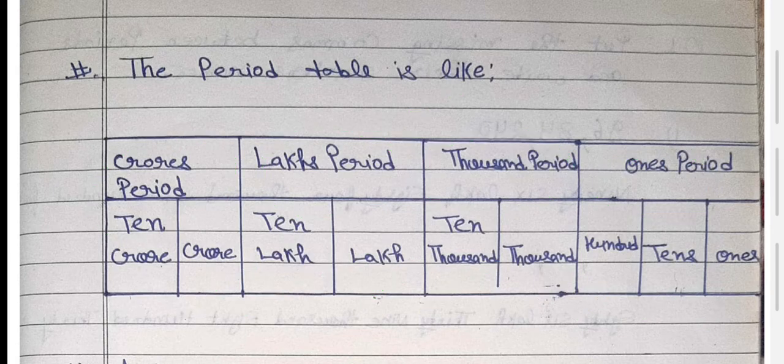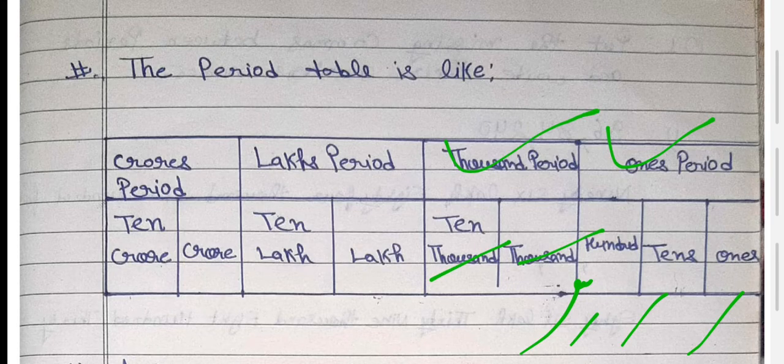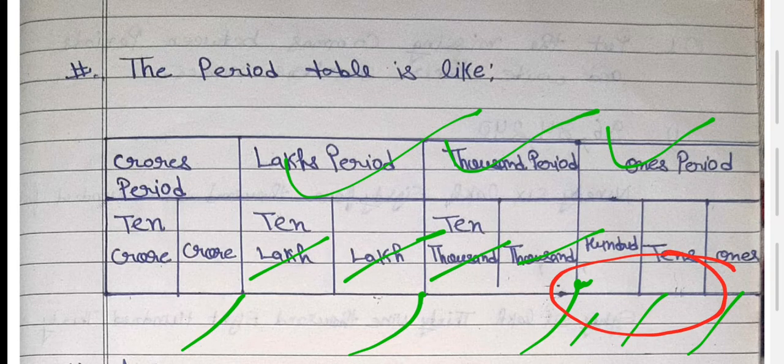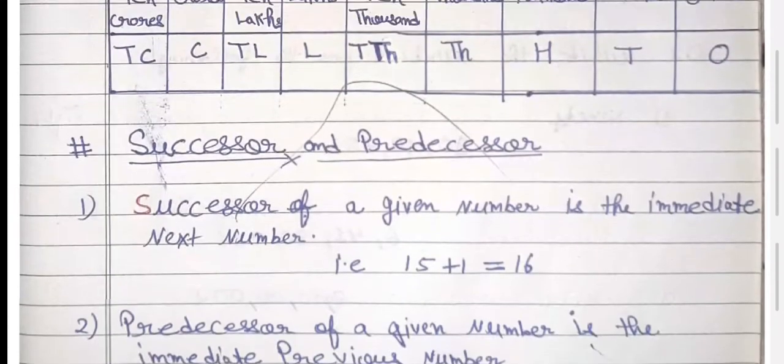So 1, 10, 100 come in what? One period. So after the ones period you put a comma like that. Then thousand, 10,000, that is the thousands period. Again you put one comma. Then lakh, 10 lakh come in the lakh period. Again you put one comma. So after how many digits do you write the comma? First comma you have to write from the last side after three digits, and then after two digits, and then after two digits, like that.